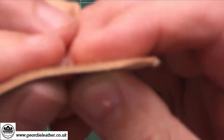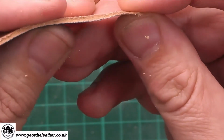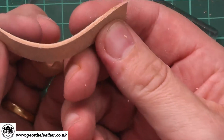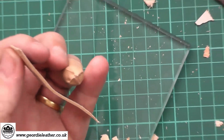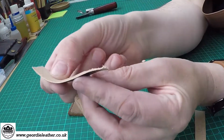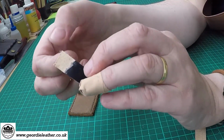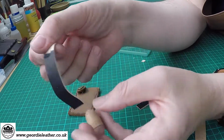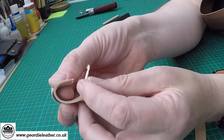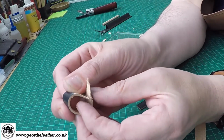Let's have a look at that. So we got, okay, and the other side's about the same. So you can see, I'll just zoom out slightly. Or if I use the bench cam, it's probably better. When this is now folded, so that surface there is going to press against that surface there. So we fold this, and when those skived ends are brought together,